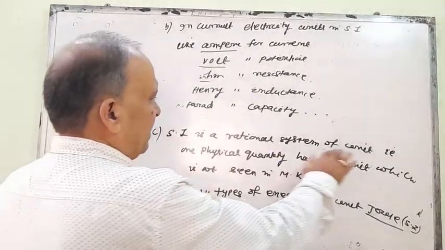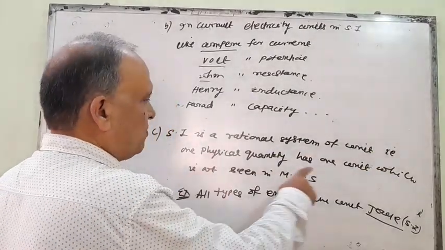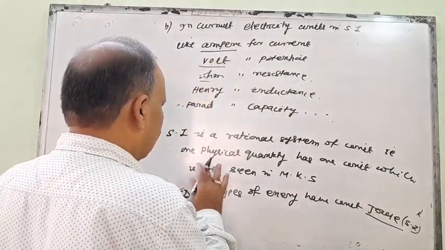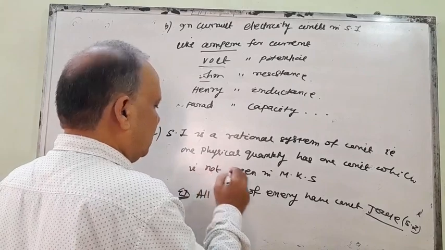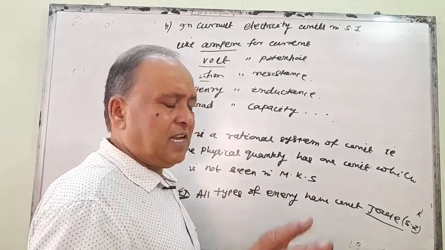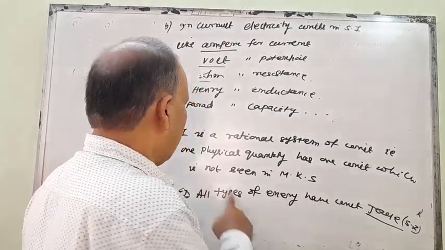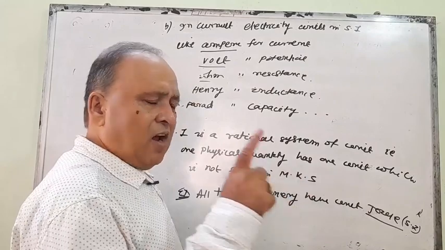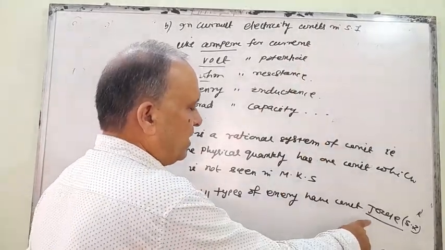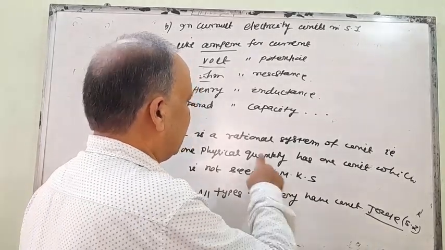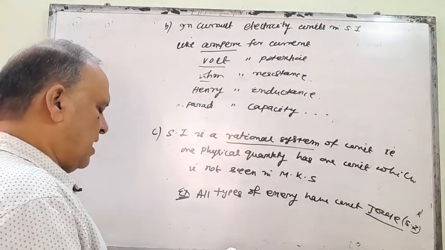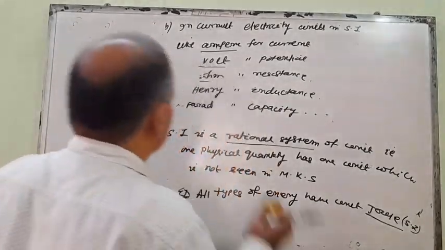So SI is a rational system of unit, that is one physical quantity has one unit, which is not seen in MKS. In MKS, different types of energy have different units, but in SI, whatever type of energy it may be, all have one unit, that is a joule. That means it is rationalized, it is a rational system of unit. This is your third difference. And your fourth difference is,